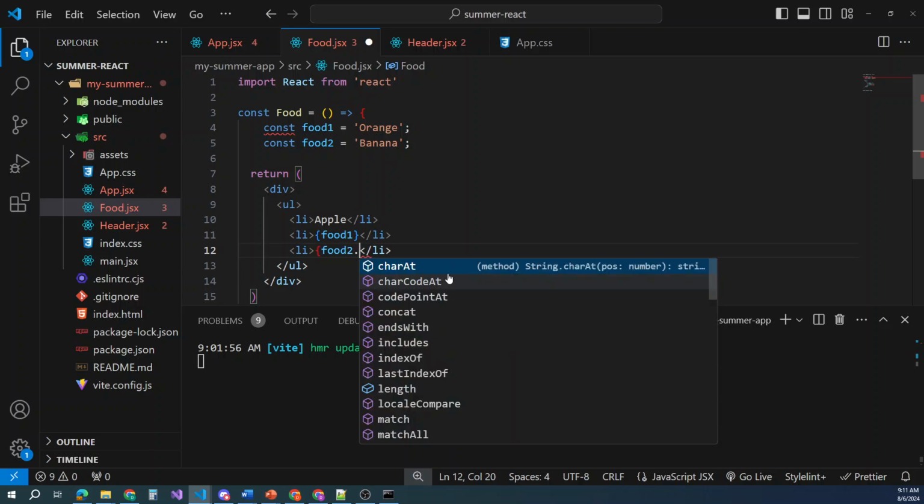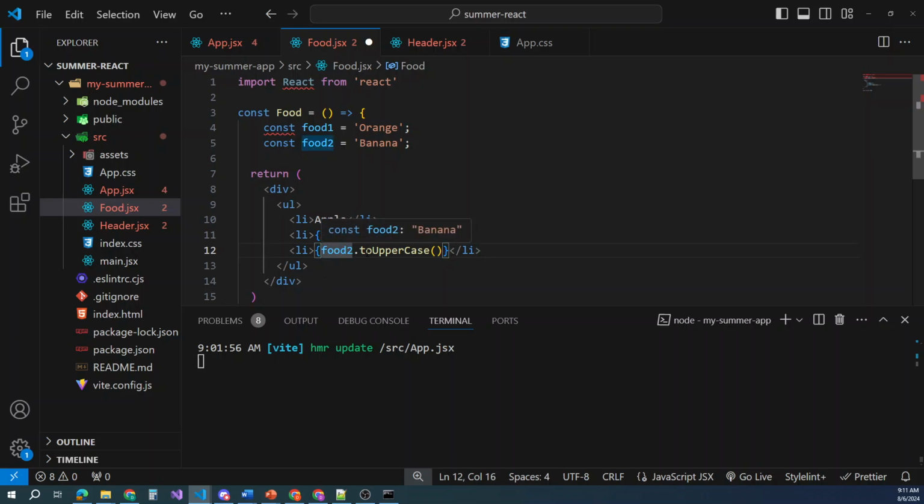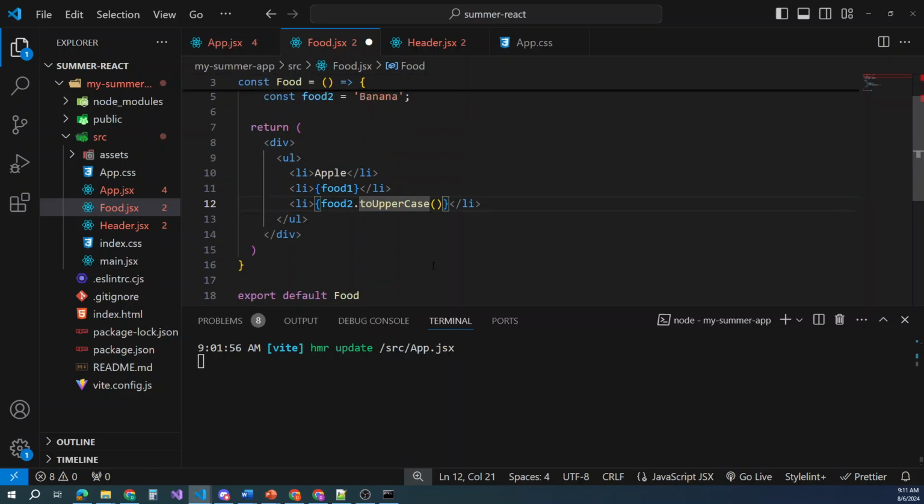But in this one, we're going to do a 2 uppercase. Close our curly bracket. And again, just like JavaScript, we're calling the food object here. We're using a method to convert it to an uppercase. So if we do that, if we save this,